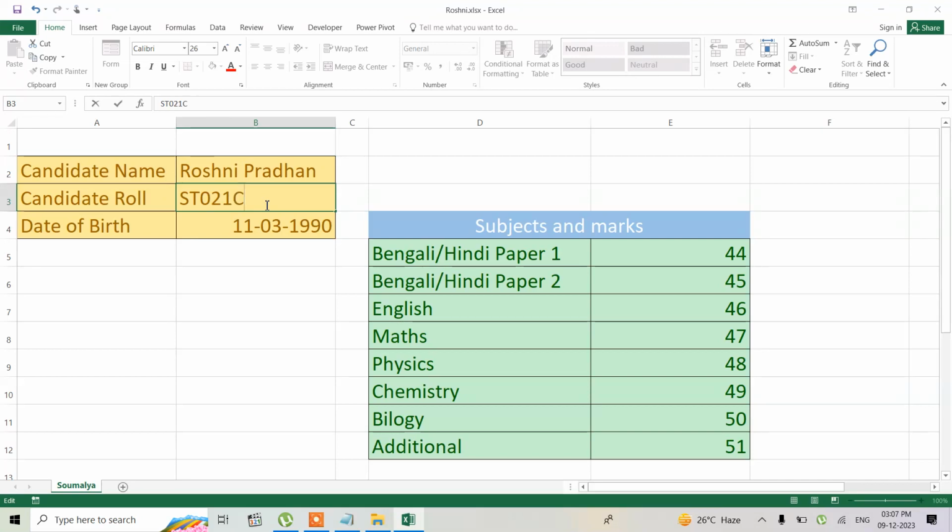No, she's from section C, and her date of birth maybe 21 and then maybe 02, and she is